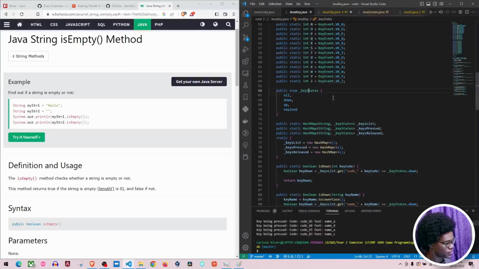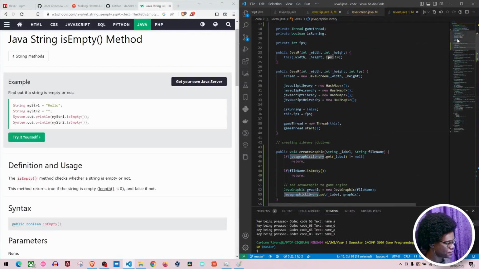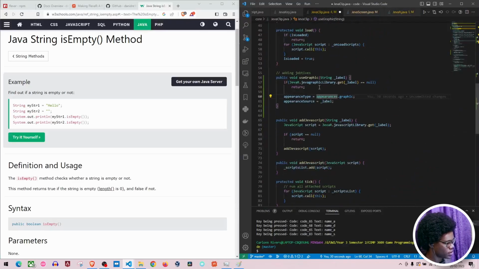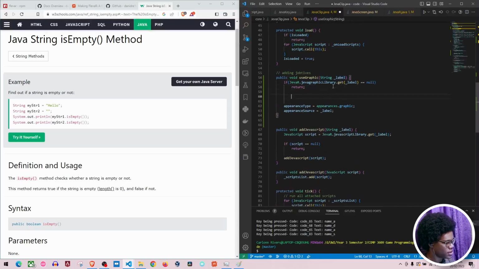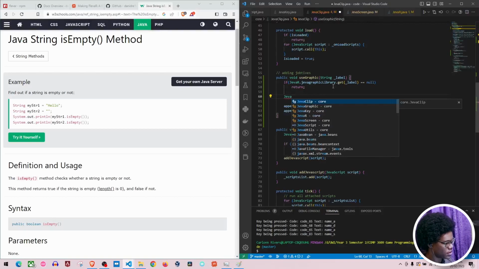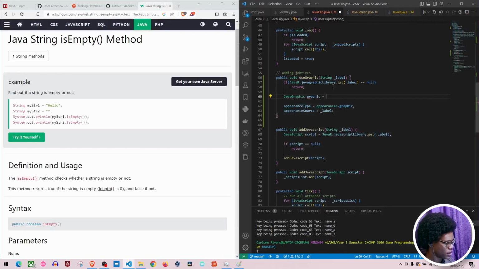So rather than use graphic by a string, we're going to look for that string and then return the specific graphic. JevaGraphic graphic is equal to JevaR dot JavaClip library dot